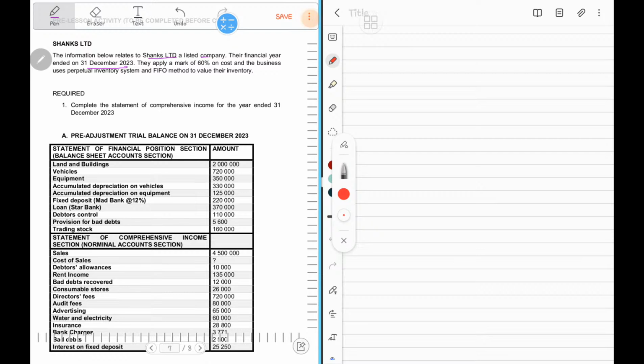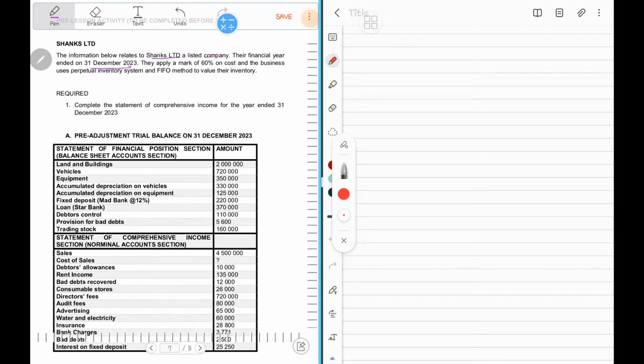Okay, then we are being told that they apply a markup of 60% on cost. Now you cannot be given information for the sake of it. It means that one way or another we are going to use this markup. Then we're being told that the business uses a perpetual inventory system, meaning that for every sale they're going to account for cost of sales. Again, we're being told that the FIFO method, or first in first out method, is used to value their inventory on hand. Then we're being told to complete the statement of comprehensive income for the year ended